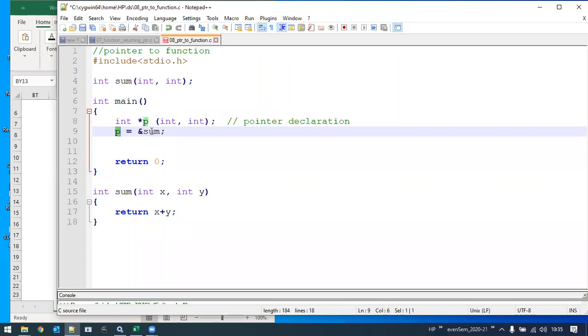The only point to notice is that we don't need to write any brackets or parentheses. Only the name of the function. Let me write it as initialization of pointer.